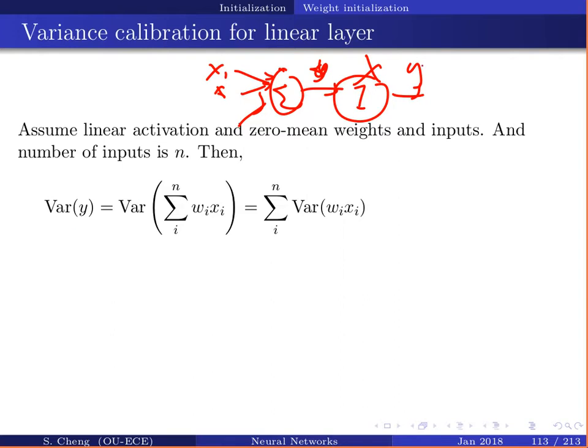So let's compute the variance of the output. The variance of y will be just the variance of this weighted sum, right? And the variance operation, I need to be really careful, it's not actually linear. But I have variance of x plus y is equal to variance of x plus variance of y, so my variance operation can go into the sum. Now this guy,